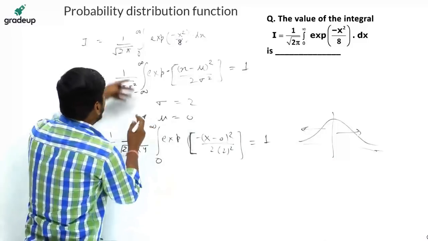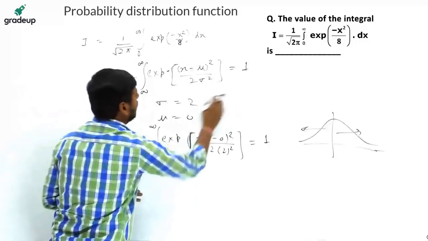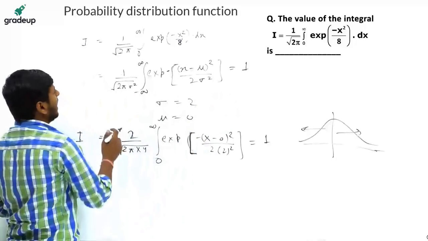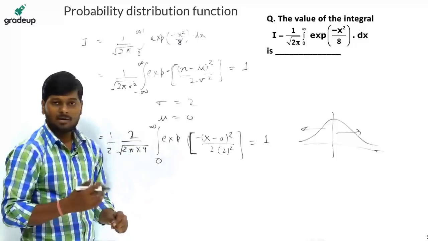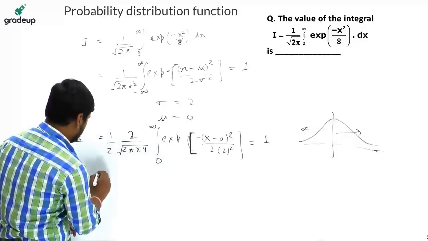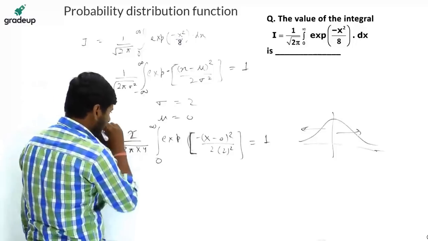So if I divide this function into two parts, from minus infinite to 0 and from 0 to infinite, then we get two parts, and from minus infinite to 0 is equal to 0 to infinite, so this will be divided by 2. Now 2 gets cancelled with 2. This is equal to